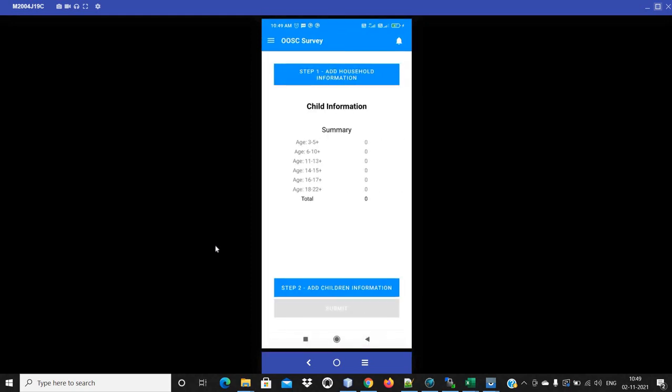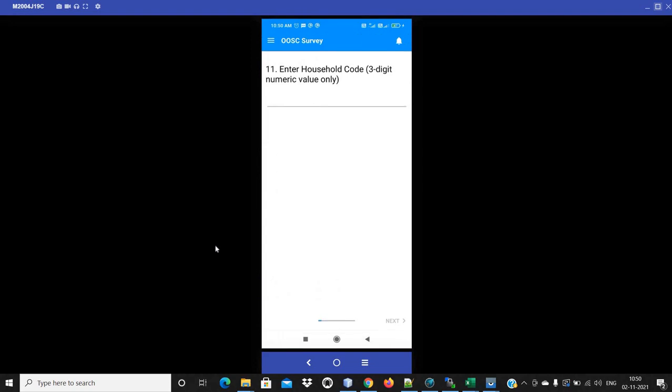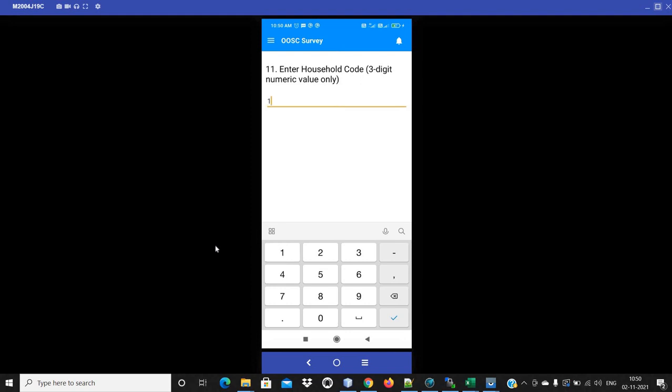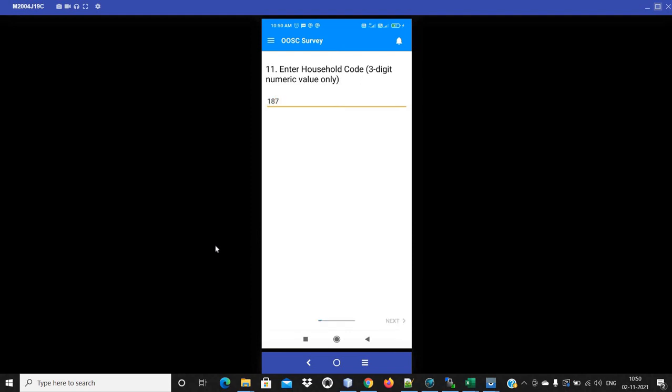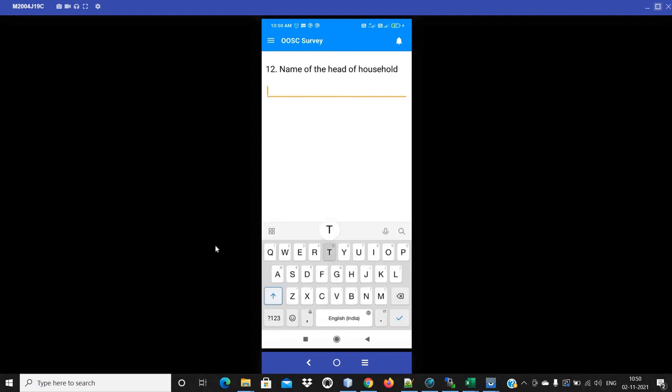Here we will have two steps. Step one is for add household information, and step two is for add children information. Firstly we will add the household information, and then we will come to adding the children information. When we click on add household information, we will get the first thing, that is enter household code. We will enter a three digit household code, then the name of the household,